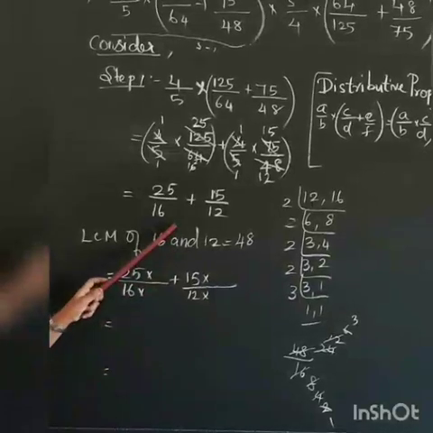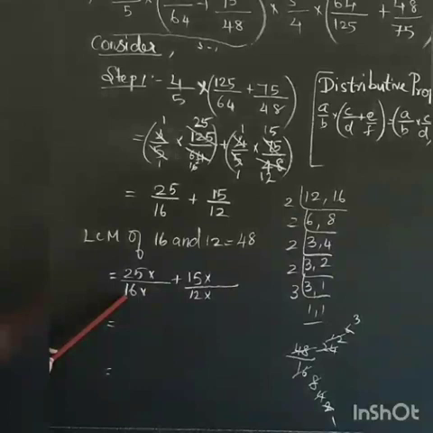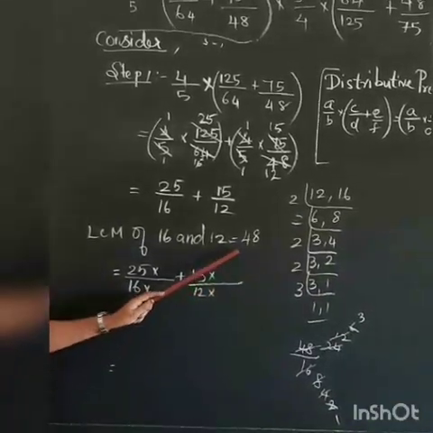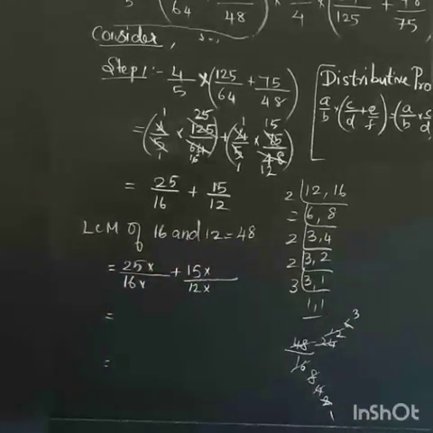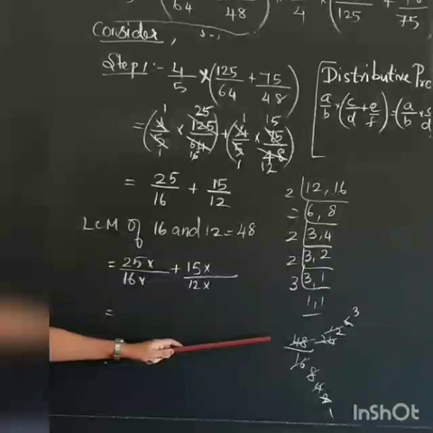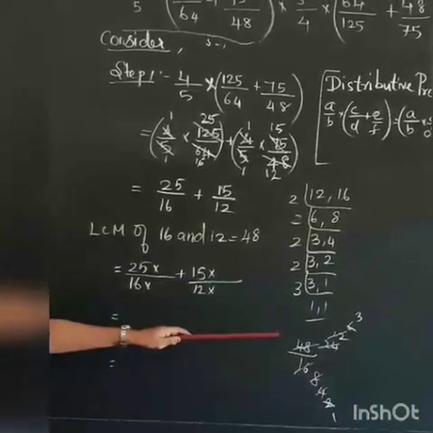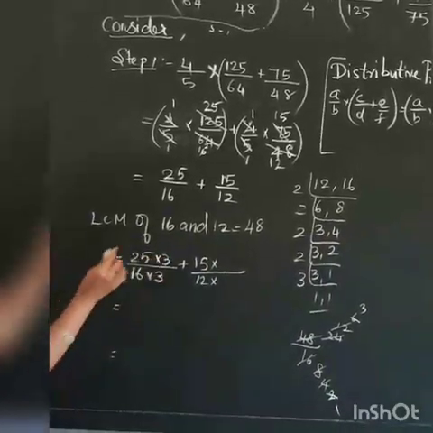For the simplified step 1, now the first rational number denominator is 16. In 16th table 48 how many times? After taking LCM you get the answer 48. So in 16th table 48 how many times? If you don't know, you have to divide 48 by 16. If you cancel these two, you will get the answer as 3. So how many times in 16th table to get 48? It is 3 times.